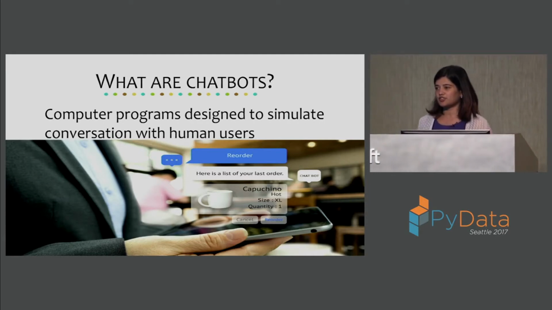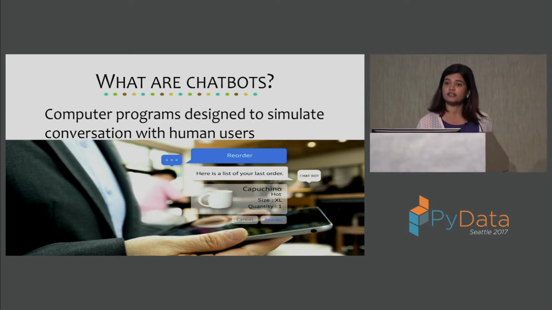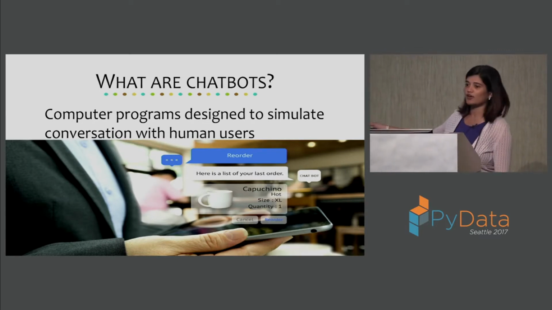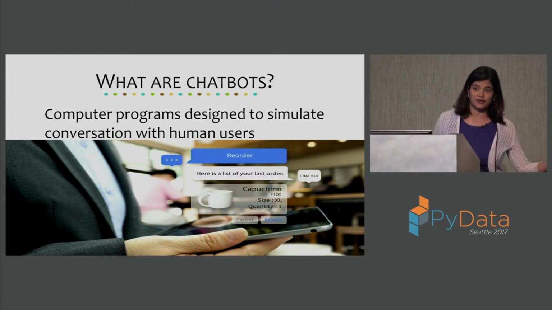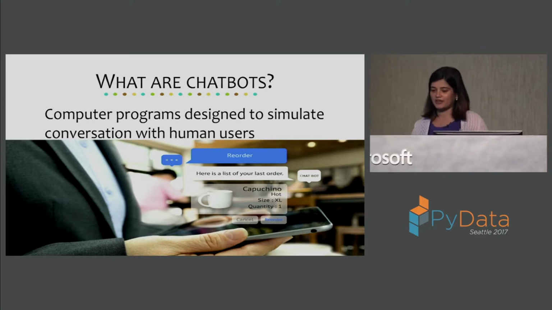This is a very simple chatbot, but it's still very complex in the back end because it understands context of what you're talking about. It knows about time. It's not presenting an order that you ordered maybe a year ago. This is something that you did maybe 5 minutes ago, or 10 minutes ago, or 20 minutes ago.